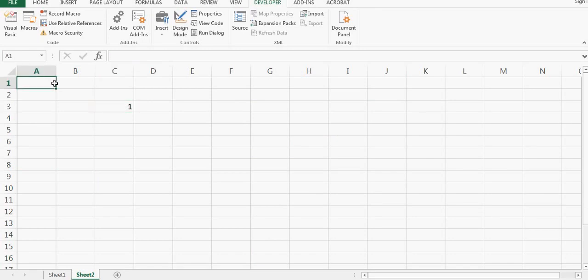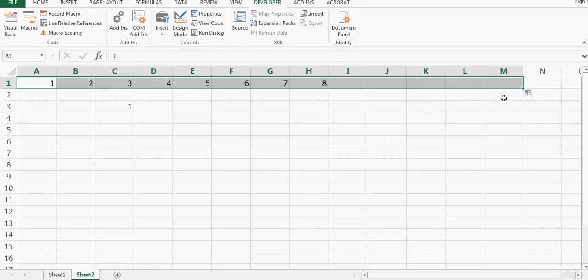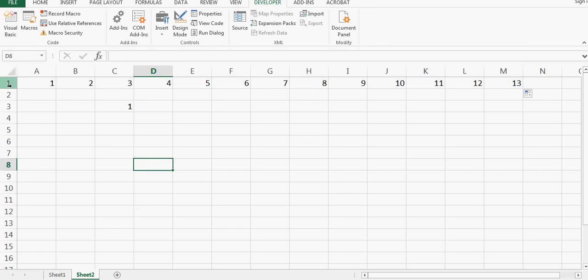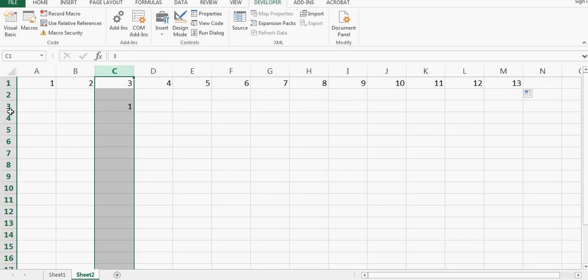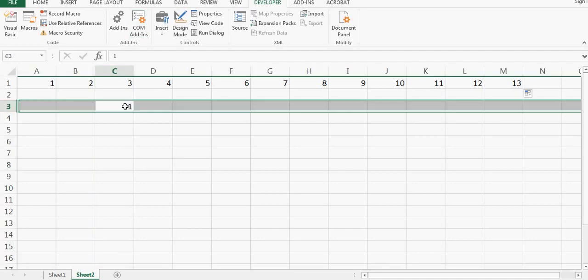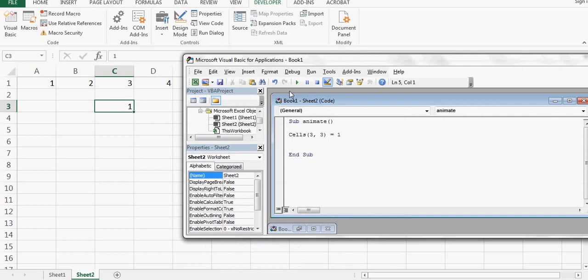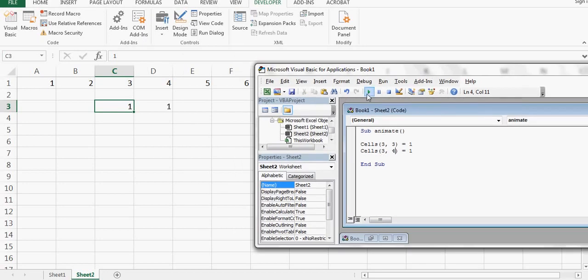Let me name these columns so that it's easier for our viewers. Now you can see that these are the column numbers and this is the row number. If you look at the 3 and 3, this is my 3 and this is my 3. So for both of the 3's you have 1 here, right? Because I clicked run here, so this is my program. Now I know how to do programming here, right? I can do the same thing. I can say cells, I can copy here, and instead of 3 I can say column 4, right? So I can say enter. So I have now 2 ones here, right?